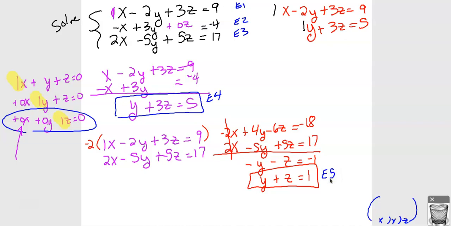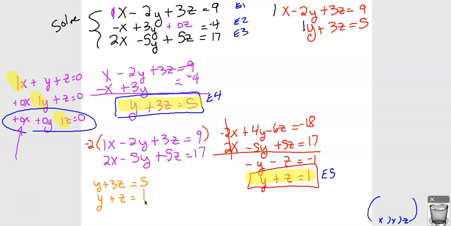And all equation 5 has is y and z. And notice, let me highlight it so you can see it. Equation 4 and equation 5 both have y and z. There are no x's. So now I'm going to look at just equation 4 and equation 5. So if I look at equation 4 and equation 5,